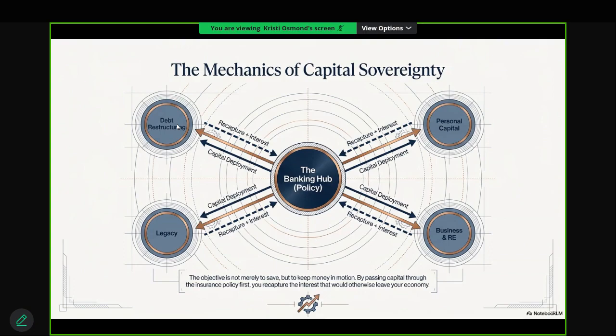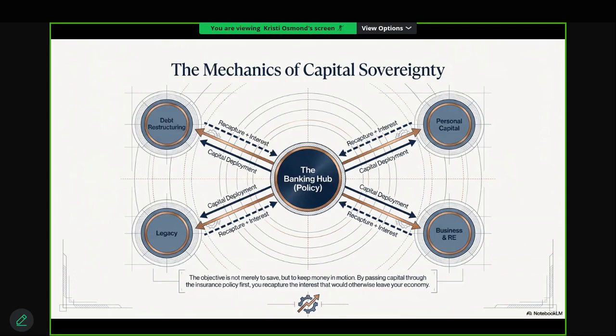If you take $20,000 out of your policy and you pay off the credit cards, then what's the responsible thing to do? To pay off the policy loan and not charge anymore. Okay. If you do not refinance that debt and actually have the payments go back into your policy, then what did you just do? If you take out a policy loan for $20,000 and you pay off the credit cards, and then you don't pay back the policy loan, what did you just do? You're robbing from your future